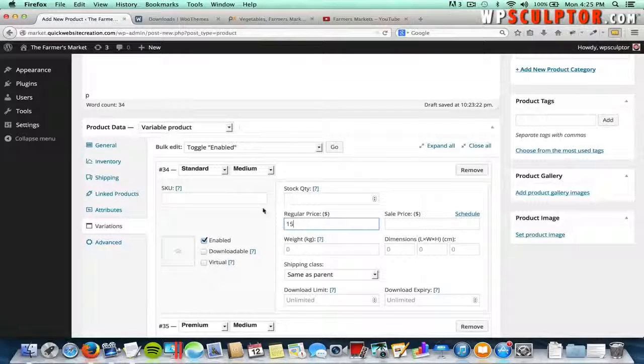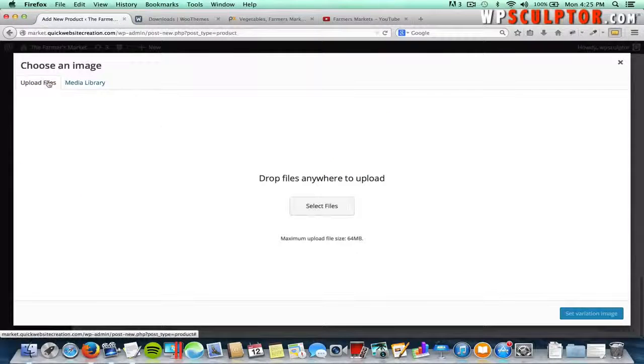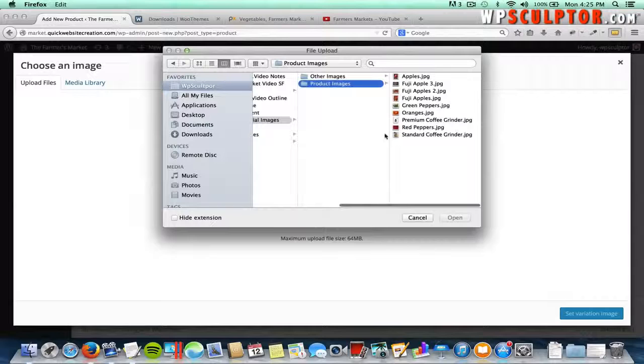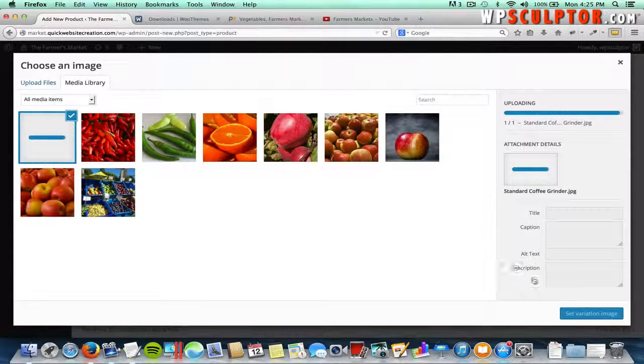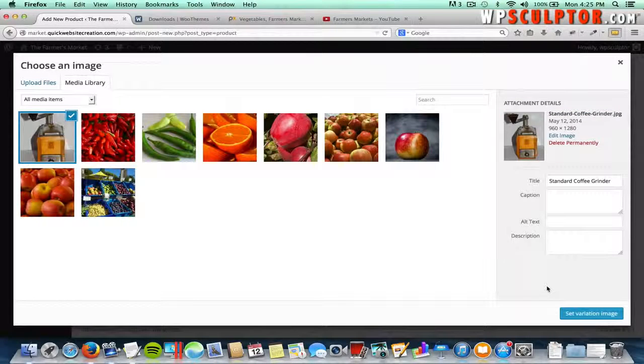And then to add an image for the standard medium variation, click on this box, making sure that this is enabled, this box is checked. Click here, and we're going to upload the file. And I'm going to grab the standard coffee grinder picture. Click on Open, and I'm going to use the same image for both of the standard models and a different image for both of the premium models. Go ahead and click on Set Variation,